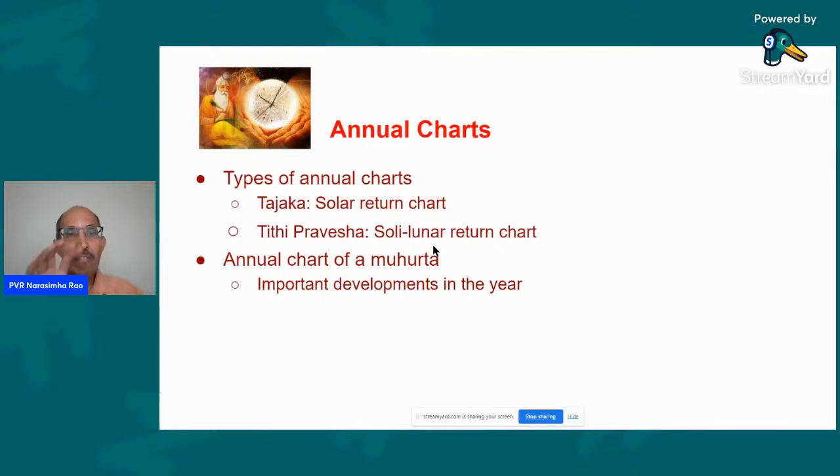So you have to identify the right moment when the chart has to be cast, and think logically and say at what moment this particular entity has really started its existence, starts breathing on its own. So define it that way, whether it's a job or marriage or various other things. Define the Muhurta time logically, find it accurately, and then use that.